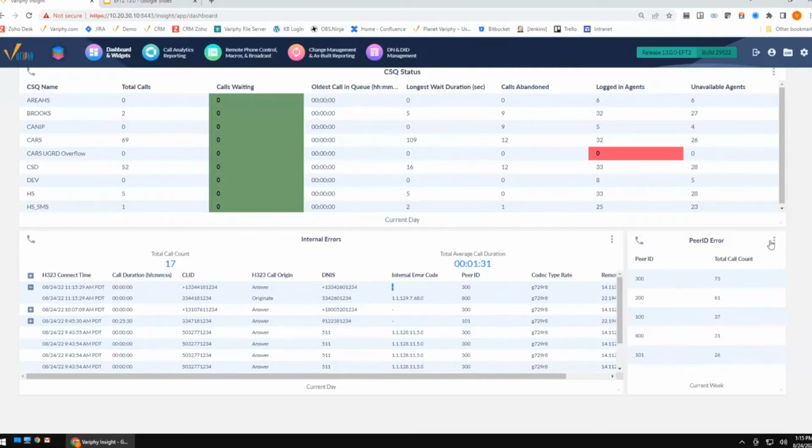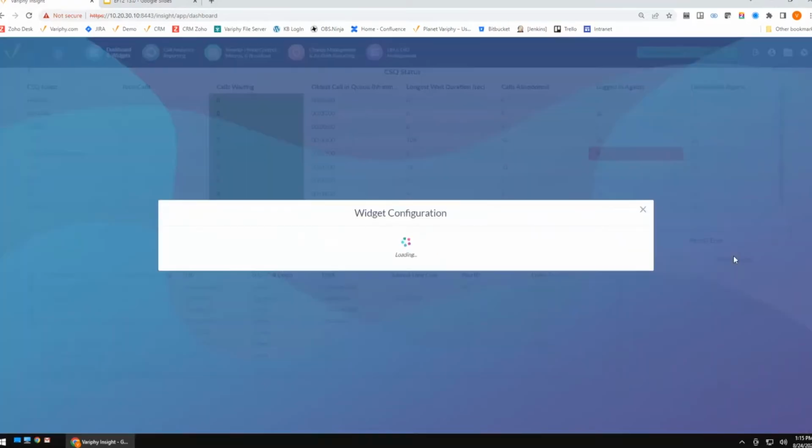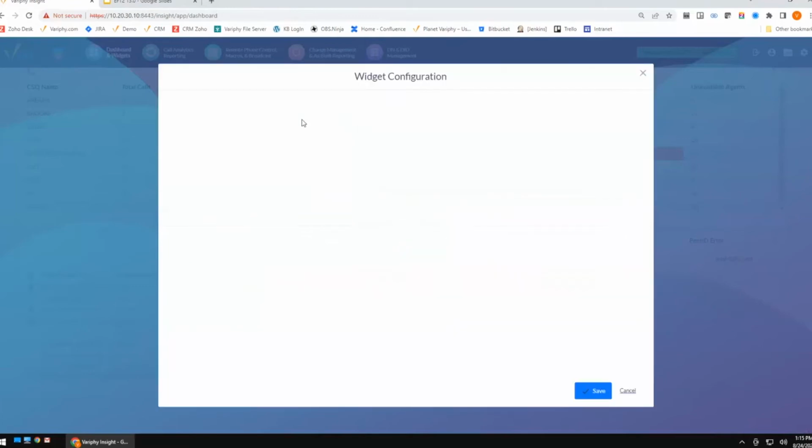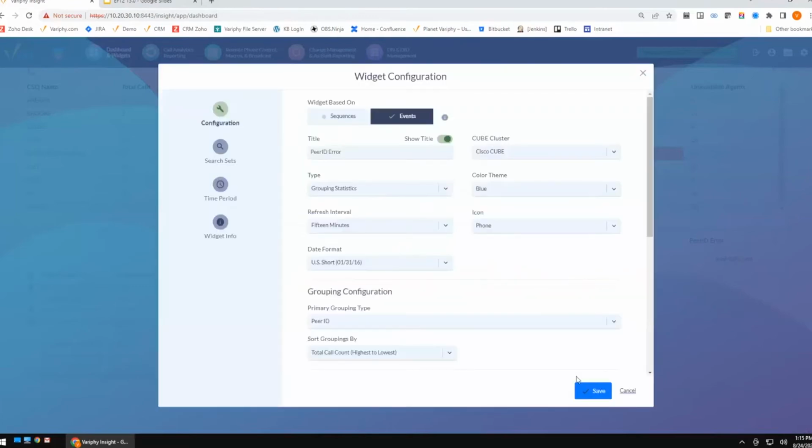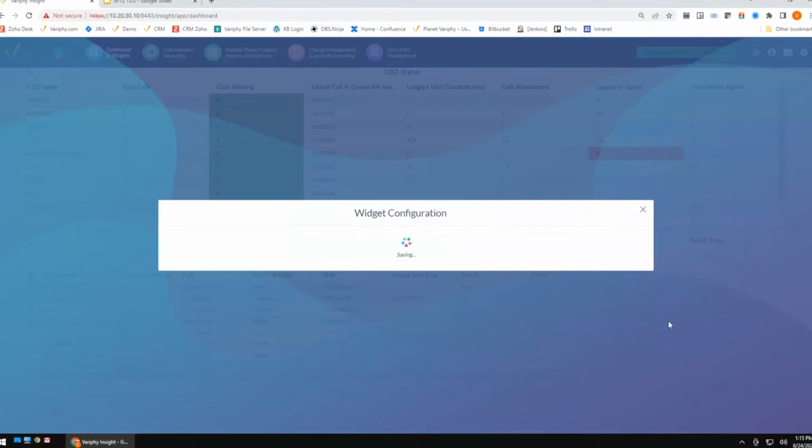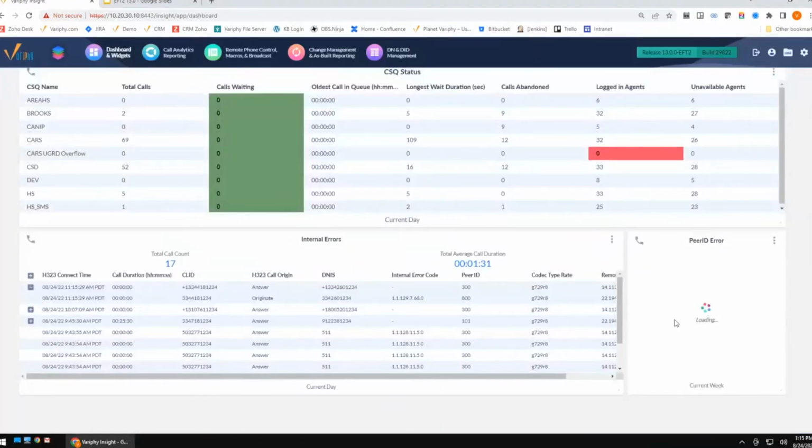So what you can easily do, again, much like I did with that detail widget, is trim this guy down and say, hey, I want to look at just the events where the error messages are happening so I know exactly which peer IDs I have the problem with the most, or which IP addresses or codecs I'm having the issue with. So you'll notice right here very quickly, we went down from 70-something odd calls for 300 down to 21. Why? Because this is now isolating just the peer ID of the event that took place in the cube. So great way to get, again, even a little bit more finite with that data.